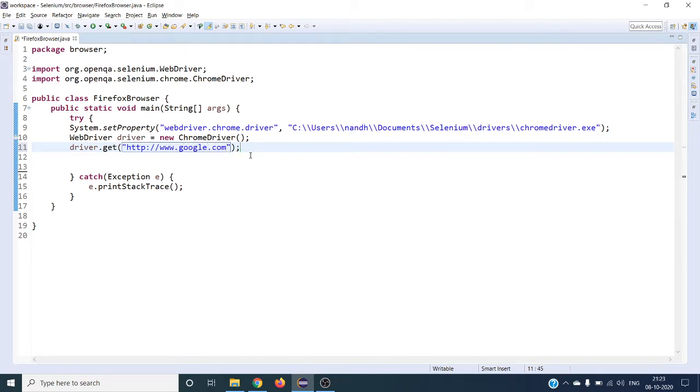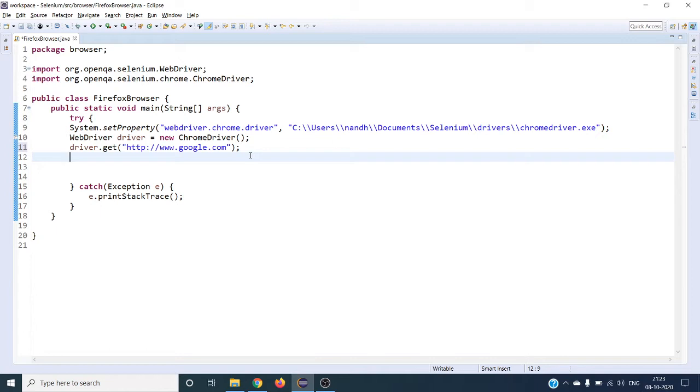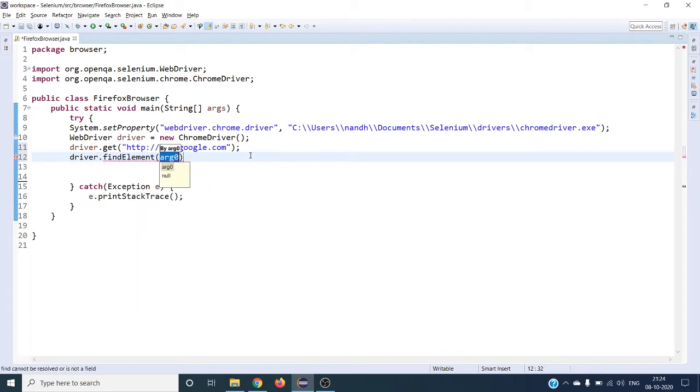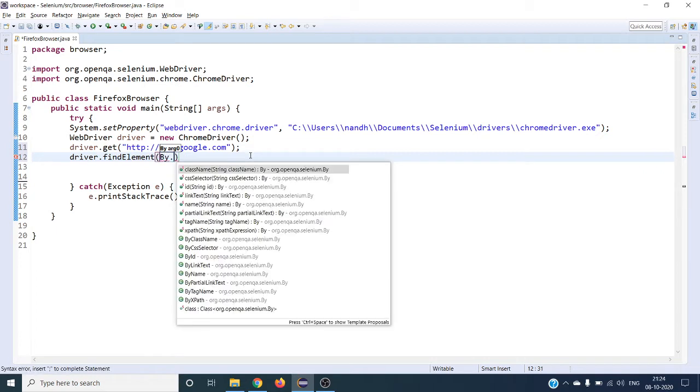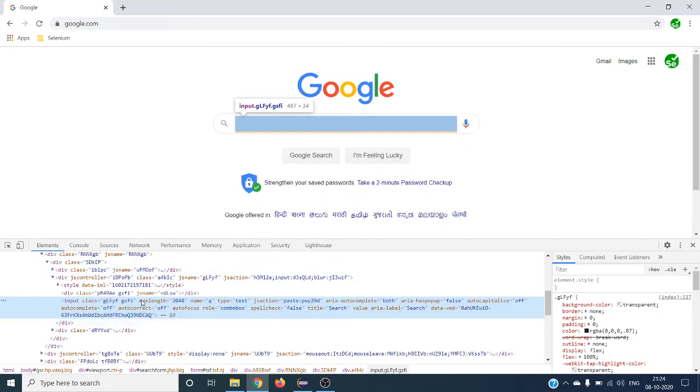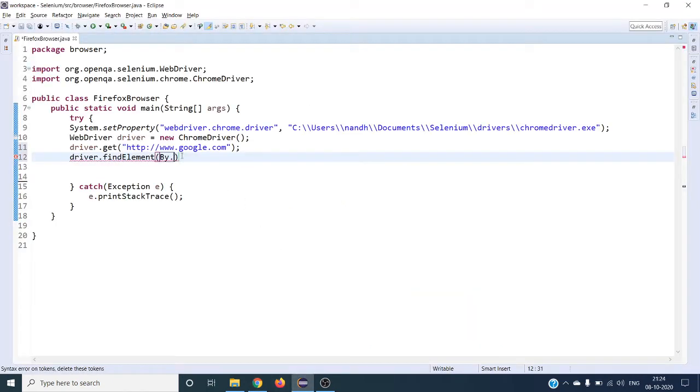So it is going to launch google.com and then driver.findElement by. I'm going to take google.com's name as an example. Right click, and we can see name as a unique one. So I'm going to take this name as the unique locator. So it is a query, find element by name.